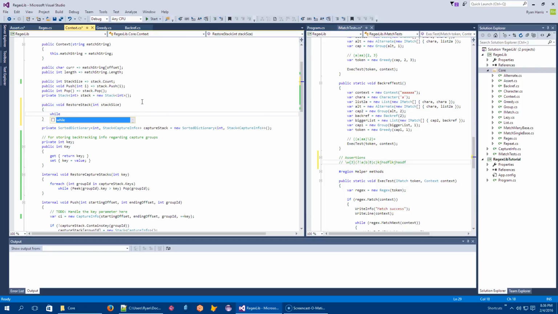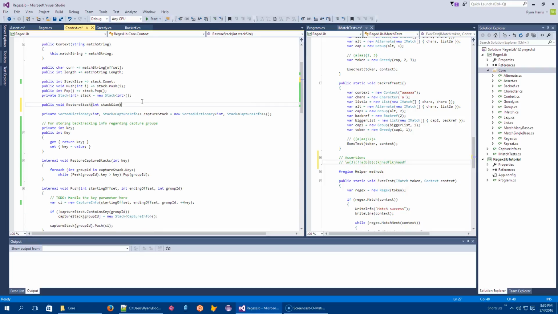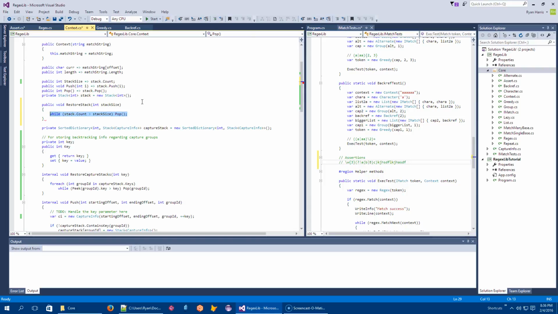It's going to be while stack dot count is greater than the stack size parameter, we're going to say pop, right? Which I guess I may even be able to just cut this straight out into something like this. Let me do that. No, it's worth a shot. Okay, and so that's it. We're just going to pop those guys off. Okay, so I'm going to need that.